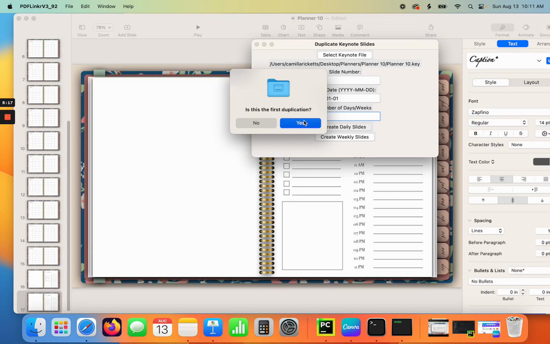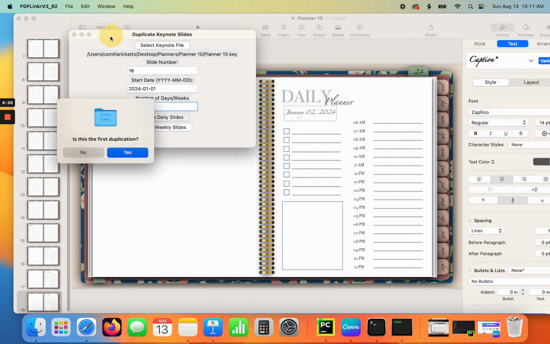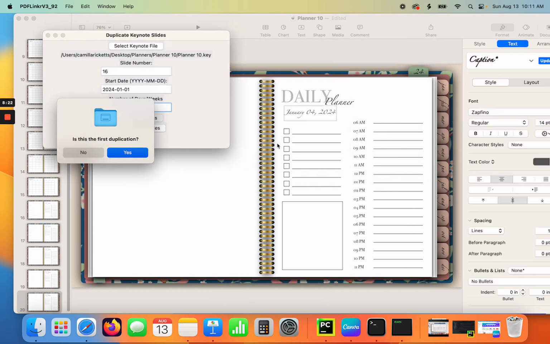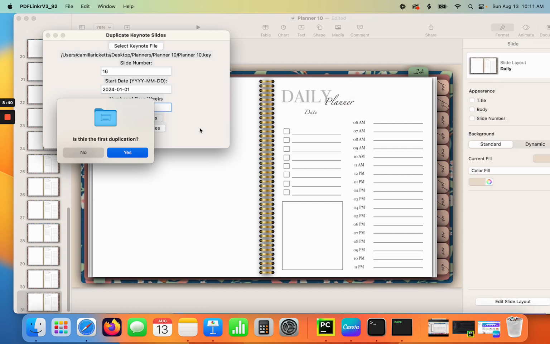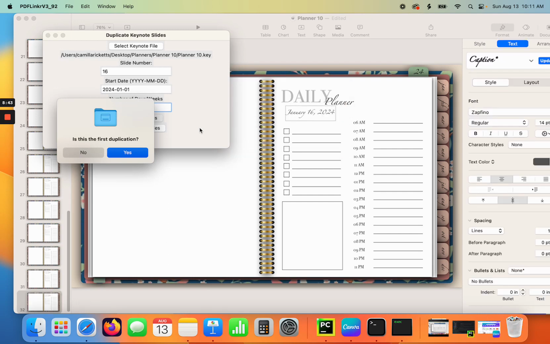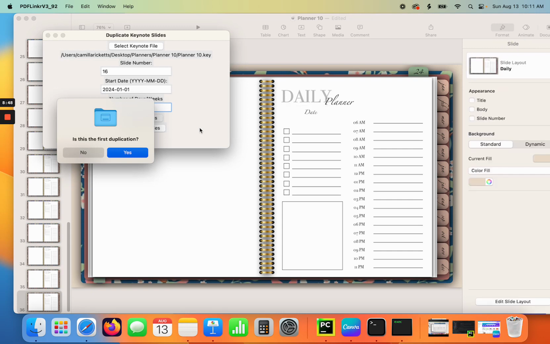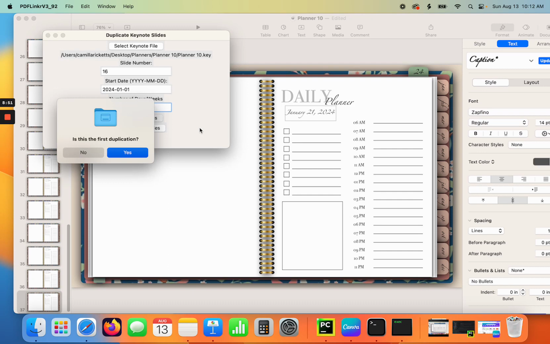So I'm going to say yes, and oh yeah, the date's fine where I placed it in the font. So it's going to create all of those daily pages for me, and then it's going to create a CSV for me to add all the links in PDF-Linkr after I export this as a PDF. So once it creates all of these dates,